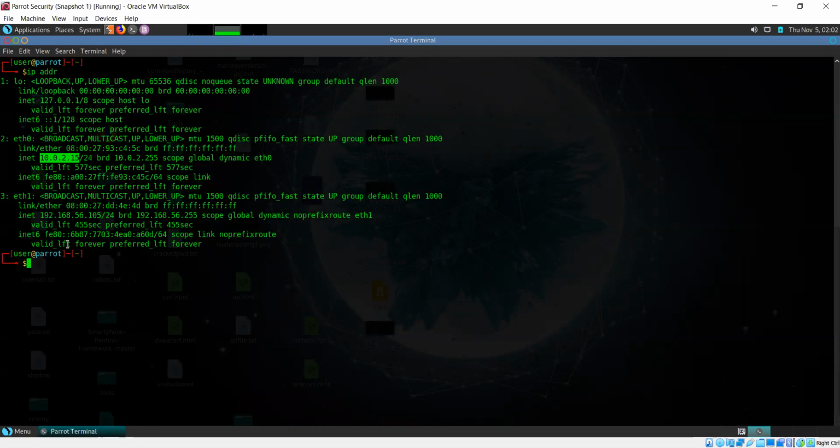So this is the current network. Now I'm going to use a tool known as netdiscover. What this does is it basically does a ping sweep of your network and figures out the devices that are active. So let's try and do that for our current network.